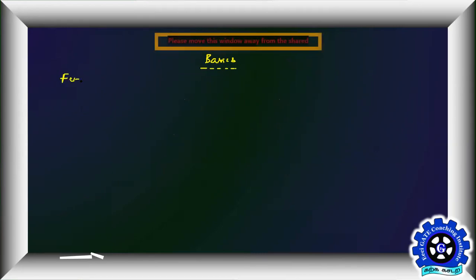Let us go to the first chapter. The first part I'll write here, which is basics. Basics of thermodynamics. In that, I'll go for the first chapter, which is fundamentals. So what is the importance of this chapter? Let us assume that we don't know any term regarding thermodynamics. In that perspective, we'll start this chapter. We'll learn how to talk about thermodynamics.